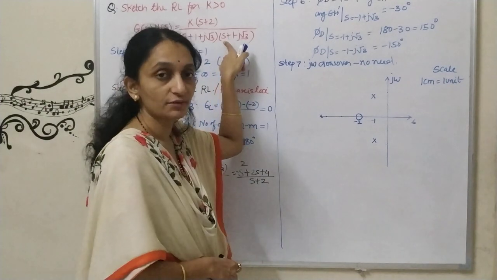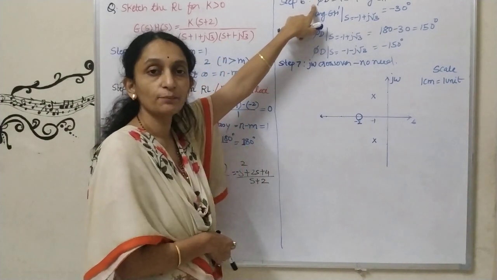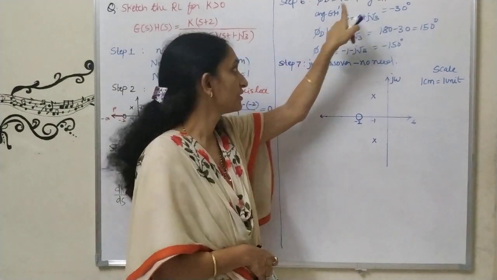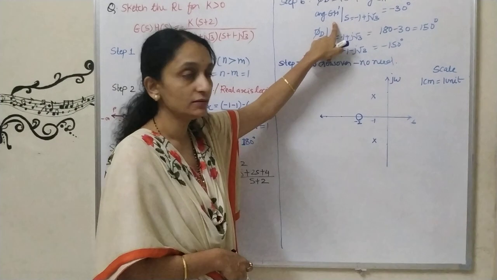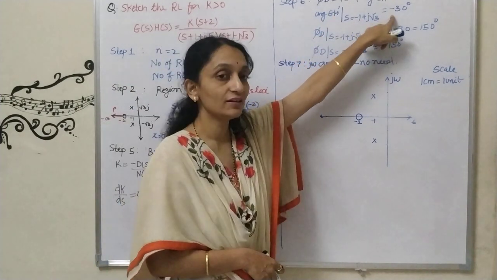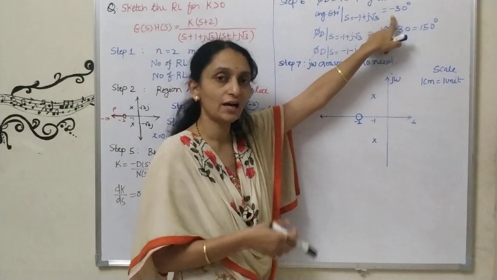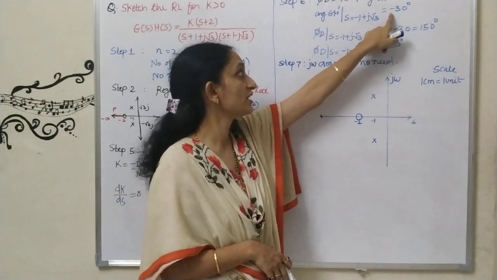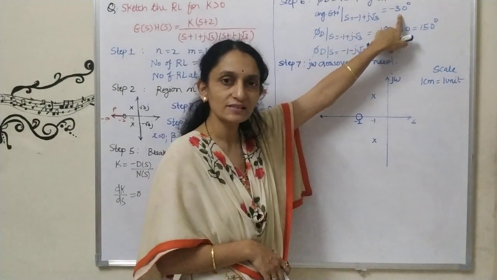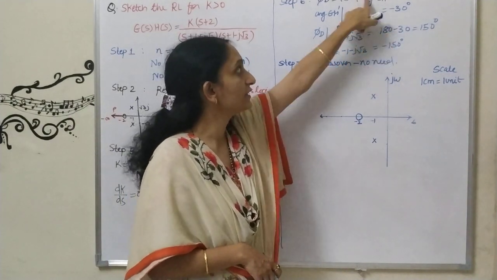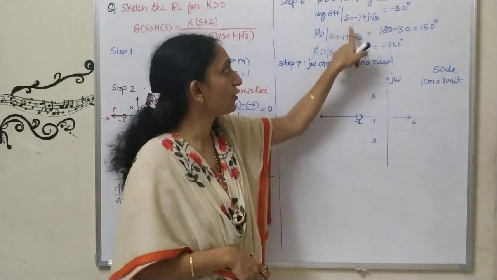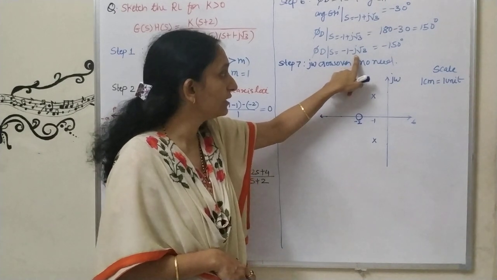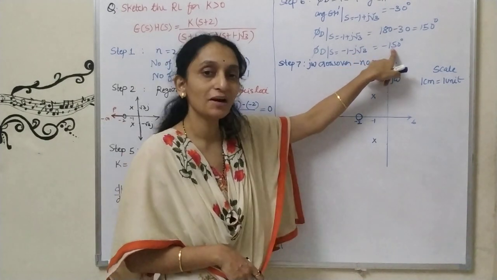Next, step number 6. As complex conjugate poles are there, this is a very important thing, I need to calculate phi d, that is 180 plus ARG GH dash, where ARG GH dash is nothing but the angle. I have not written this step here because we know the formula and we can calculate phi d for complex conjugate poles. I got ARG GH dash for this point as minus 30. Substituting in this formula, I got phi d for this point as 150 degrees. So for the second complex conjugate pole it will be minus 150 degrees.